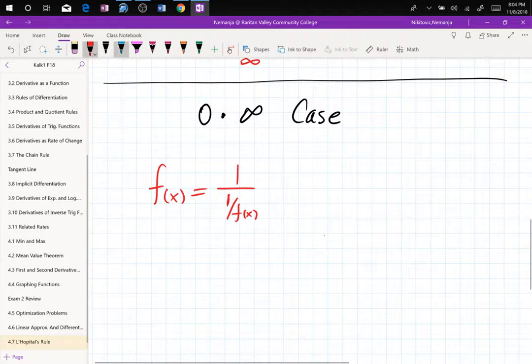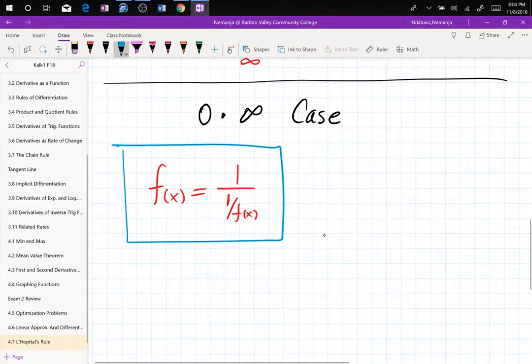If you want to prove this, what happens when you multiply top and bottom by f? The bottom will cancel, the top will survive, and there you go, f equals f. Great. So this works. You must memorize this. And when you run into a case 0 times infinity,